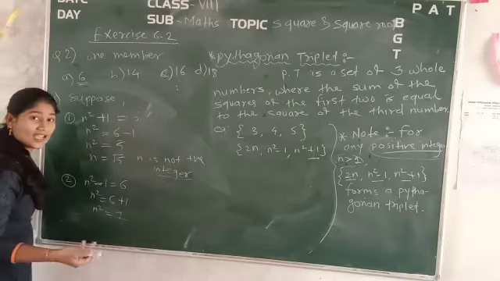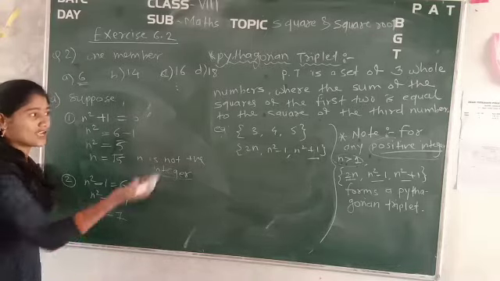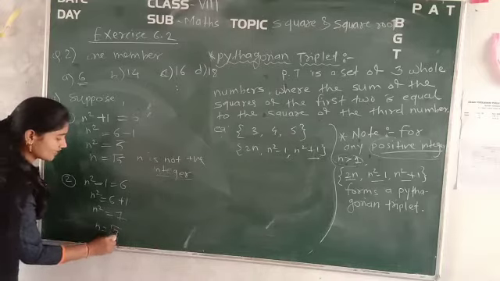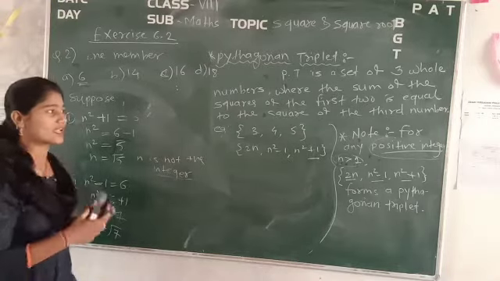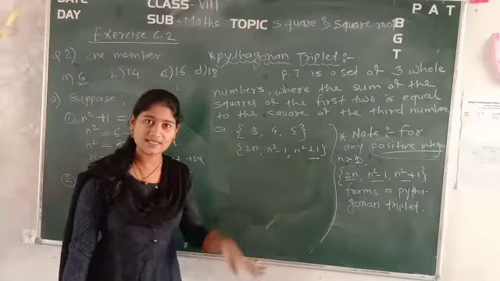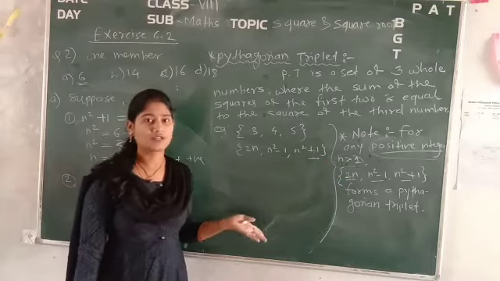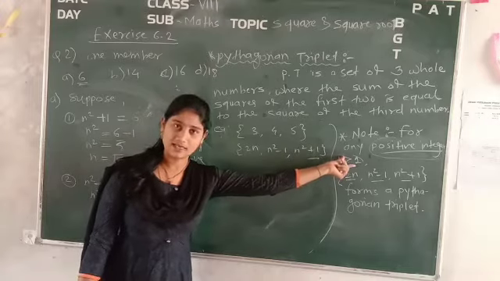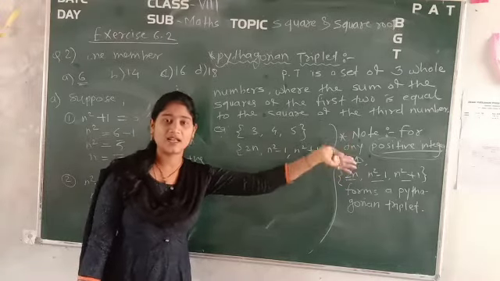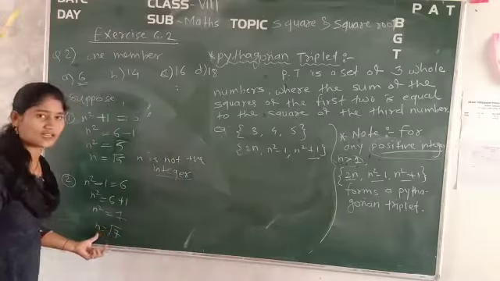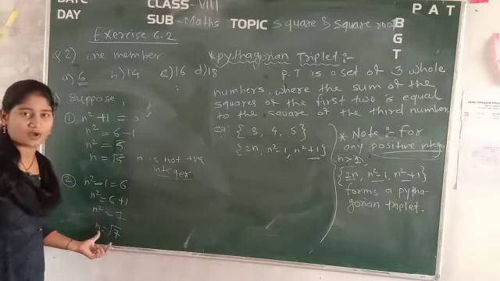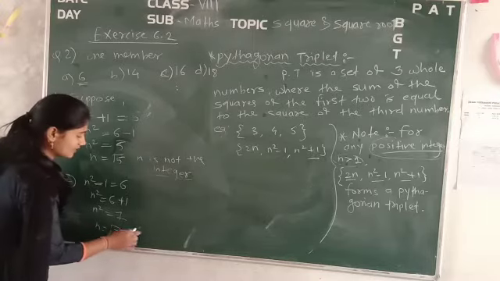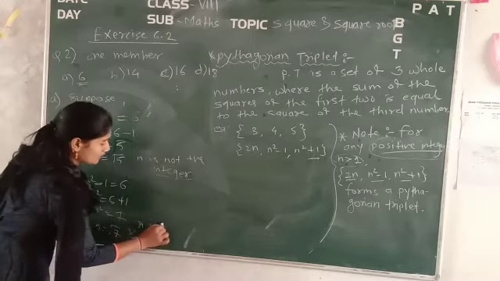So what is next? See, again we have to find out n only, not n square. But if we find n and take the square root of 7, it is again less than 1, very small. So do we have to take it or not? No, because the condition is n is greater than 1. We have to take the number n that is greater than 1. But we are not getting the greater value, so we are not getting a positive integer. Okay, again we can say it is false, that is, n is not a positive integer.